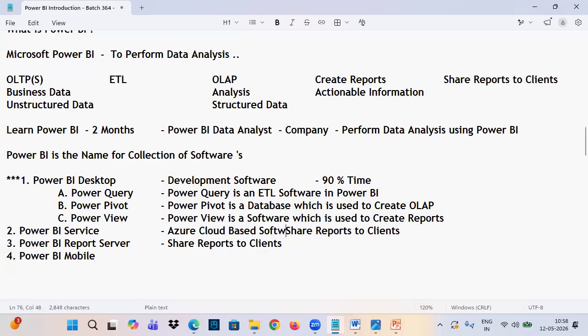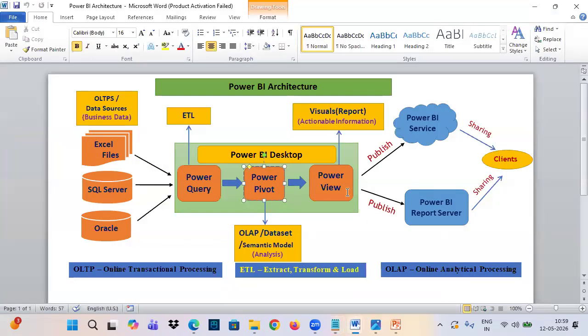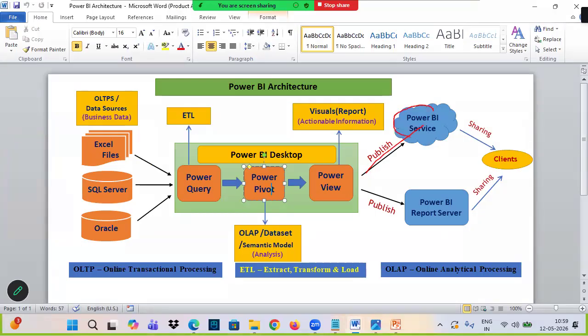cloud-based software which is used to share reports to clients. How much percentage are using it? 99% of the companies are using this. I said that Power BI Report Server is an on-premise software which is used to share reports to clients. How much percentage I said? Only 1%. Okay, guys. So we finally understand that whatever reports I develop, mostly we'll publish them to Power BI